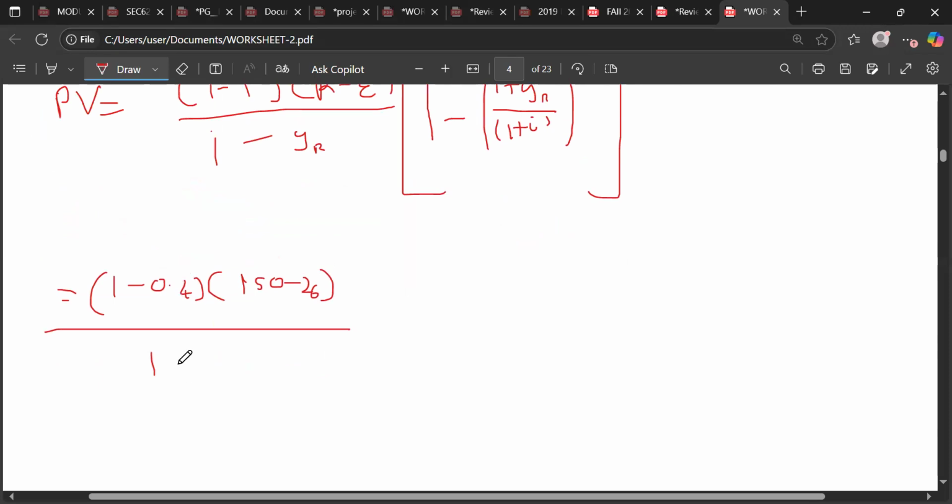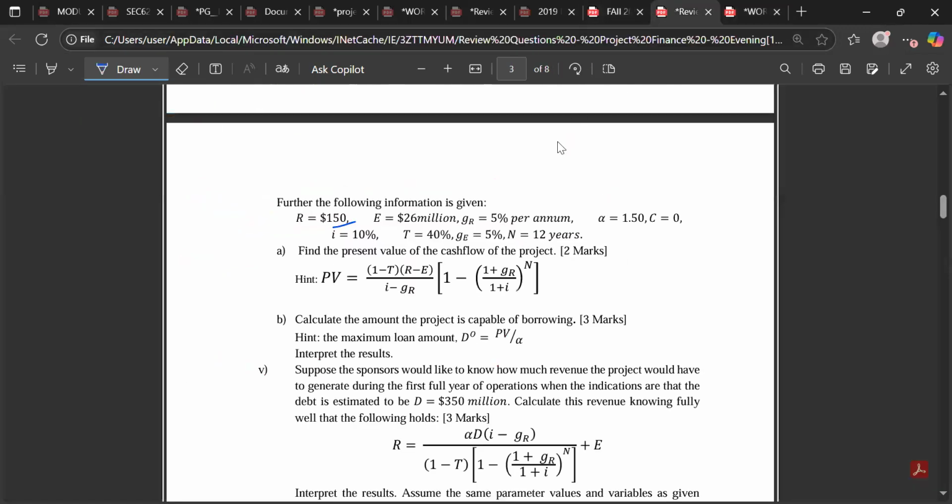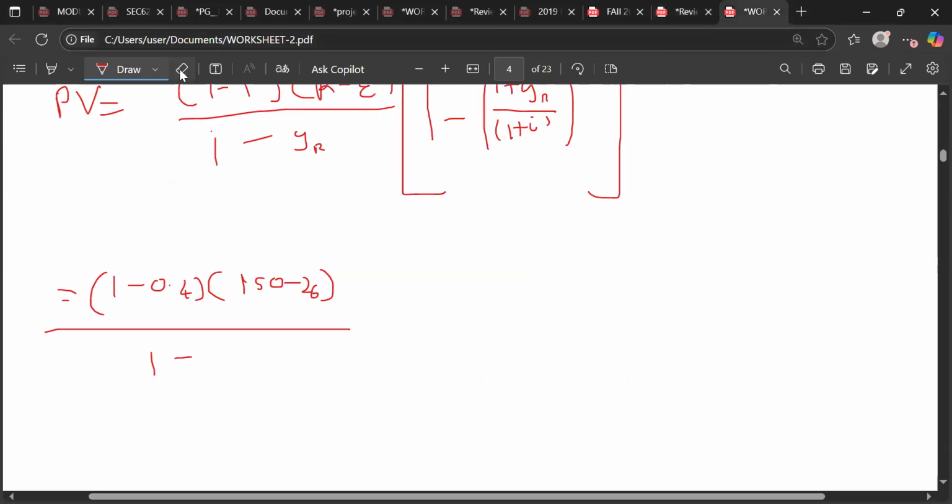Oh, I minus GR, sorry, I minus GR. So I is 10%. The growth rate of R is 5%. So I'm going to say 0.1 minus 0.05